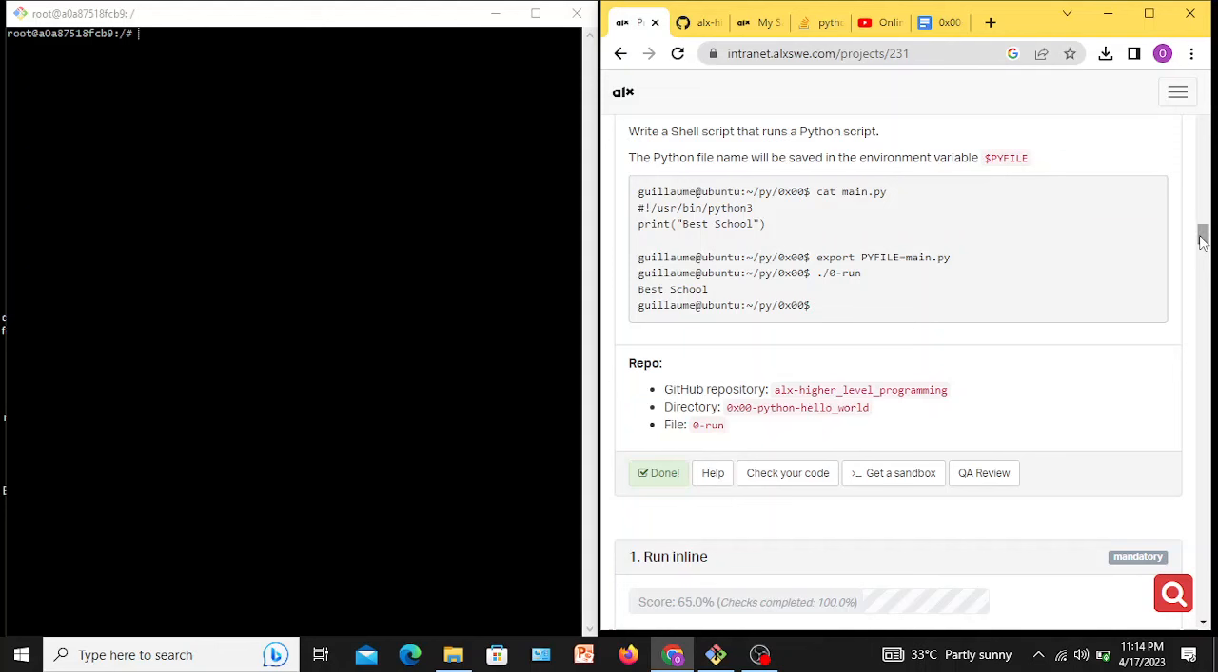So the first task, if you take a close look at this, you will notice that the repository that we have been working with since the C task has changed. We are no longer going to work with the ALX low level programming. Now you are working with the ALX higher level programming. So you might want to go to your GitHub, create that repo, and generate a personal access token